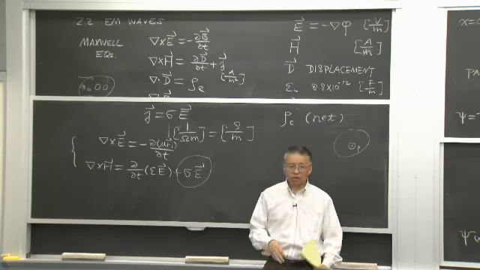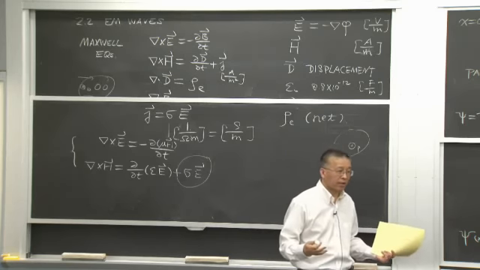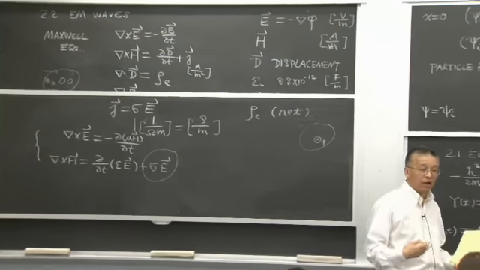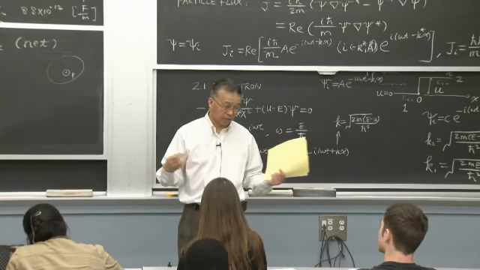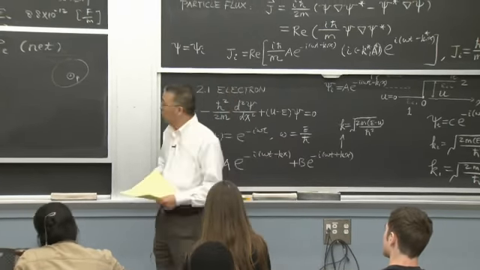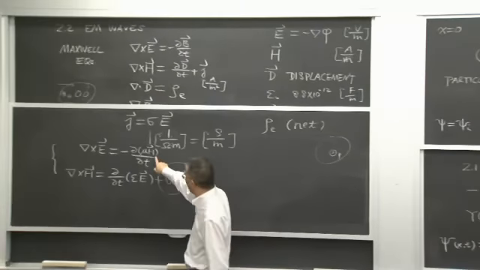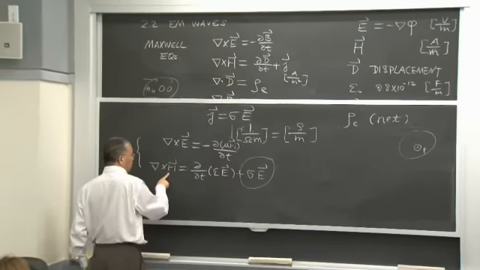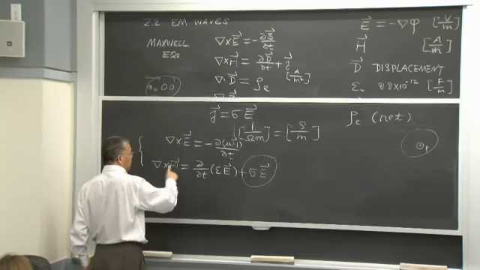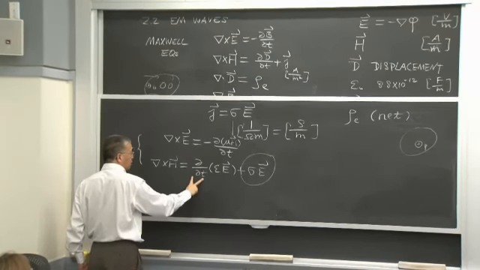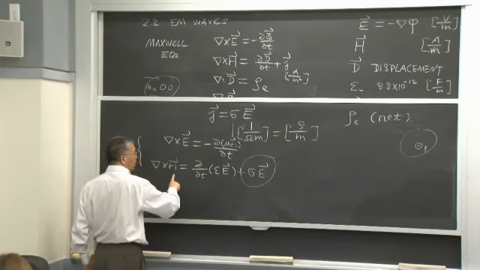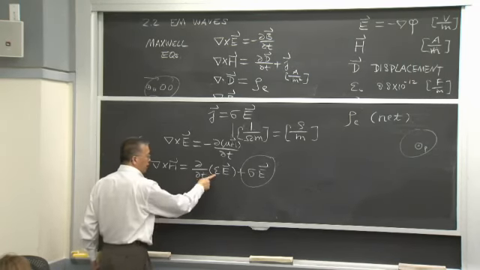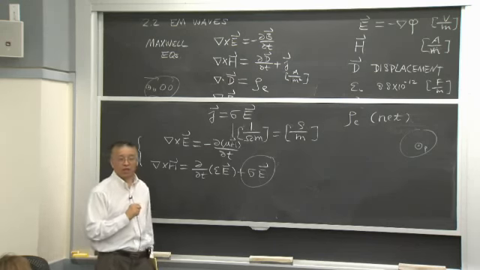Okay, let's consider a dielectric. There's no free charge in the material, so electric conductivity is 0. Okay, with that I can plug this H into here, right? And I take a time derivative on both sides, and then I get d H. So this is assuming mu and epsilon are independent of time,